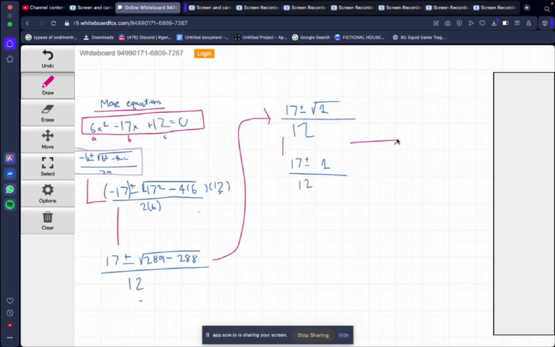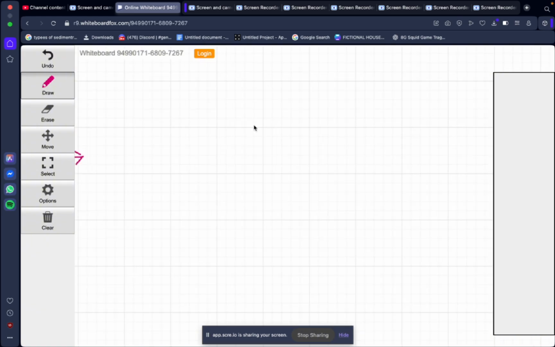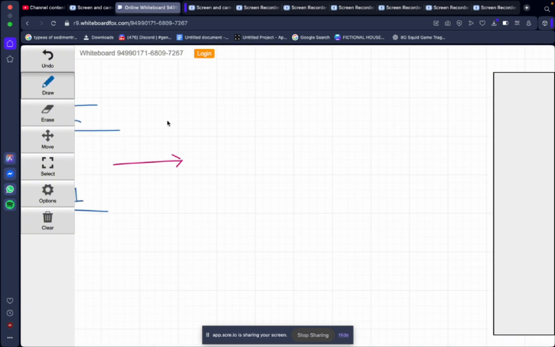So now we can do the rest. We need to do 17 plus 1 or 17 minus 1 divided by 12. So here we go: 17 plus 1 divided by 12, or 17 minus 1 over 12. Let's break this down even further. We can either do 18 over 12